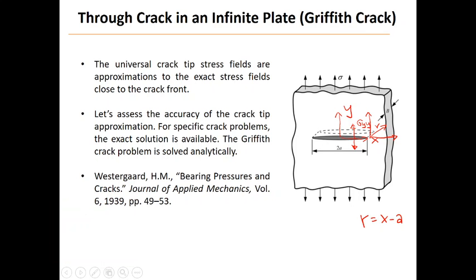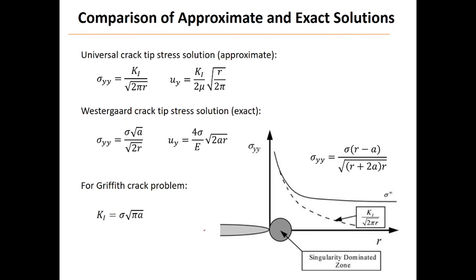Let me write that more properly. We have sigma YY from the Westergaard solution, sigma X squared minus A squared. Now you just need to substitute R equals X minus A into here, okay? If you do that and do some algebra, you end up with